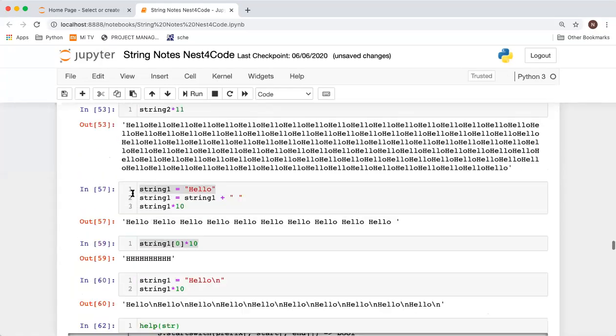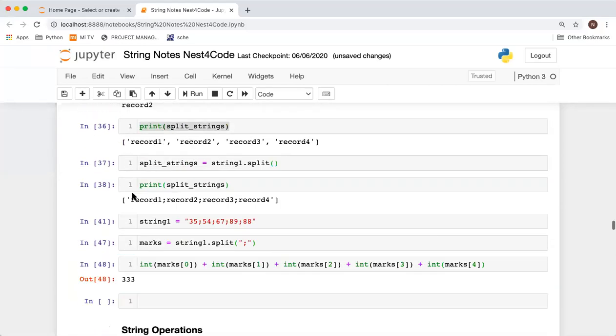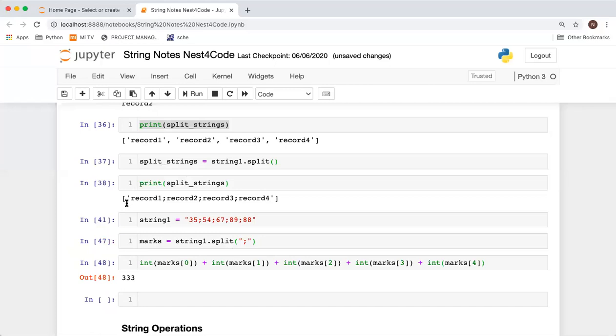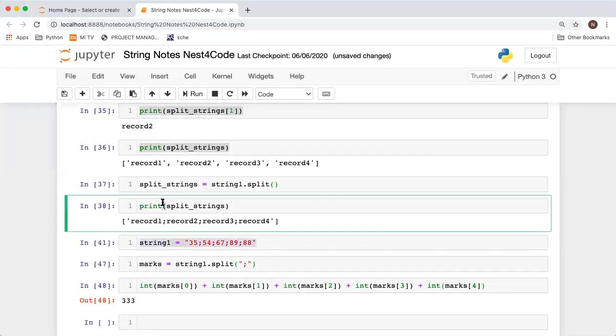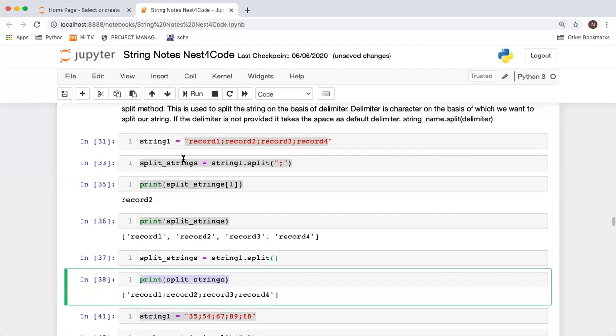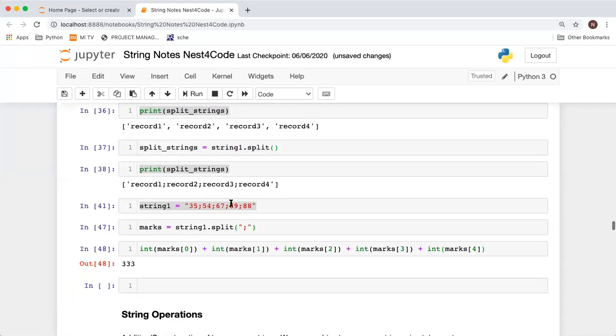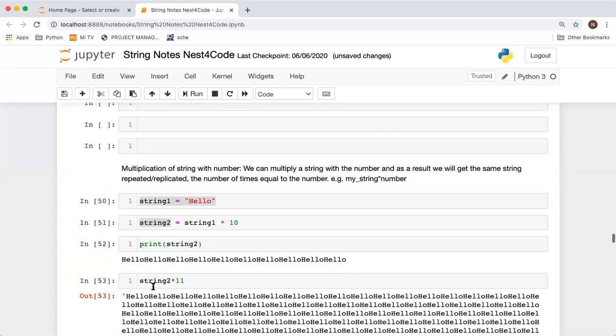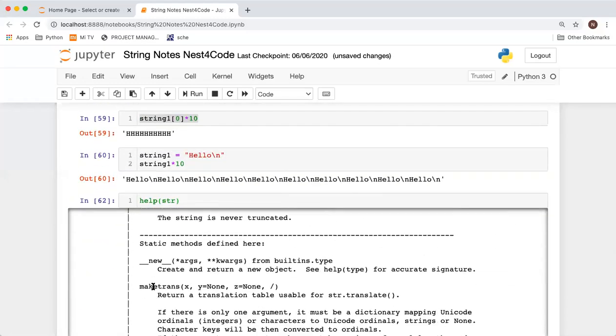Yeah, guys. As a part of today's homework, I want you to try out all these methods and also try this marks method, right? Try to take this input from a user. Take this string, which is the marks separated by semicolon, right? I think I will just write it here. Okay, I think I will add it in the end.